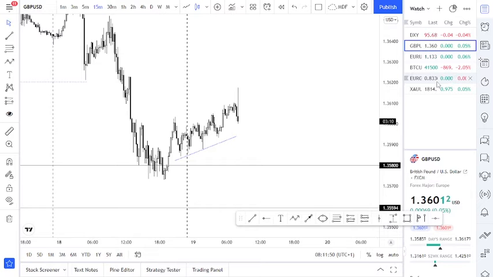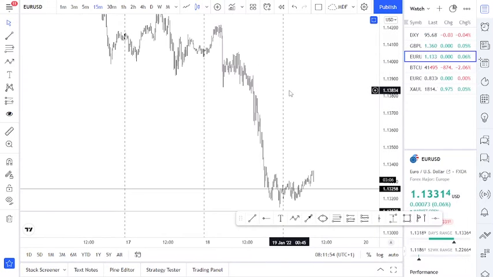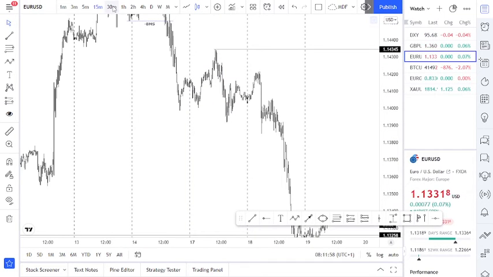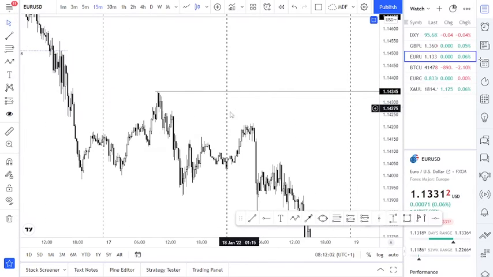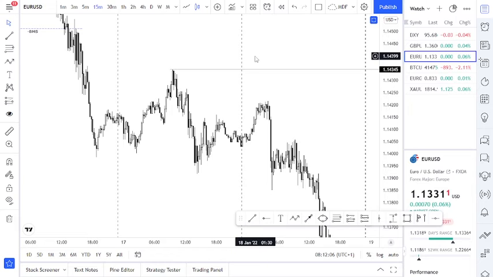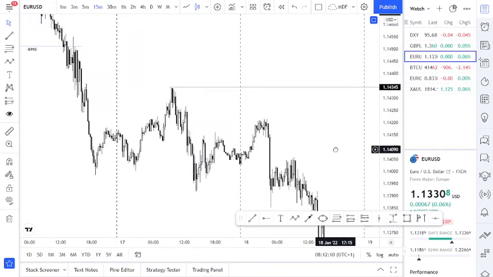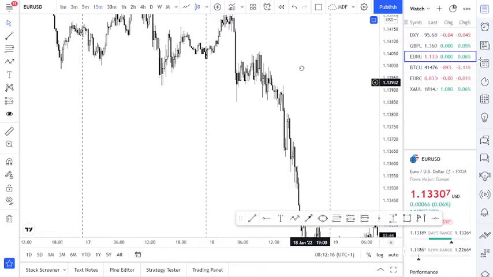So let's look at Euro USD. Okay, so now Euro USD yesterday. I told you guys I'm expecting this market to do what? I want to see this market probably come back up and do what? Clear this region. I was still looking at 1.14500 as an area where I'm looking to short. So unfortunately, Euro USD just consolidates, and the next thing, it keeps on dropping